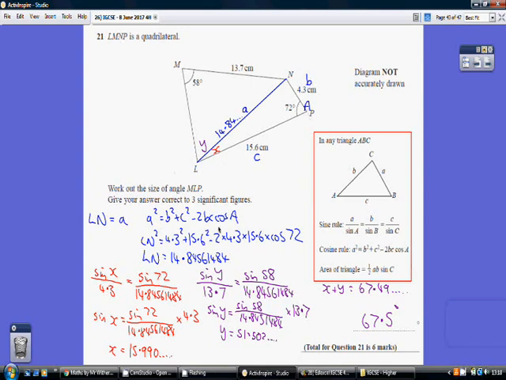So substituting into the cosine rule, I get my length LN equaling b squared, 4.3 squared, plus c squared, 15.6 squared, minus 2 times b times c times cos 72. And popping that into my calculator and square rooting, I get the length LN to be 14.845... So once I've got this, I can now work out angle x using the sine rule, because I